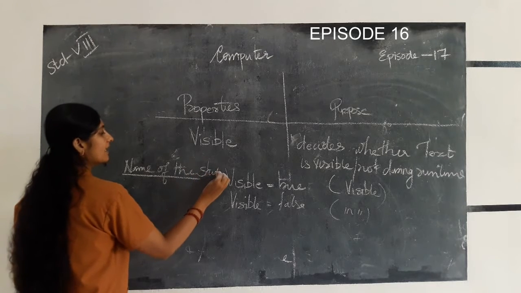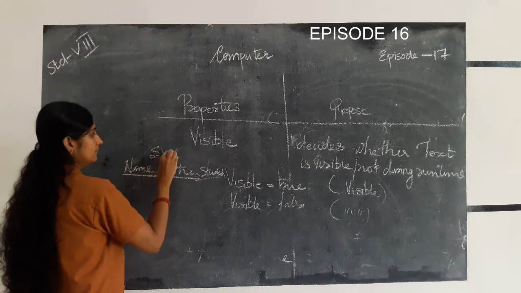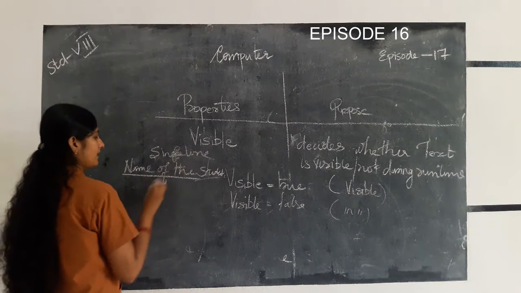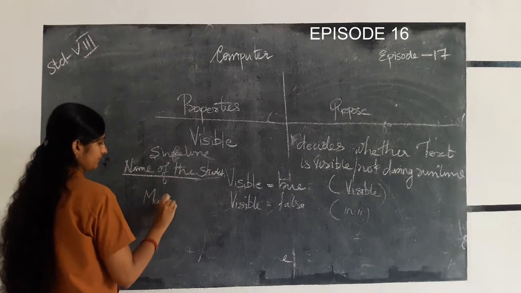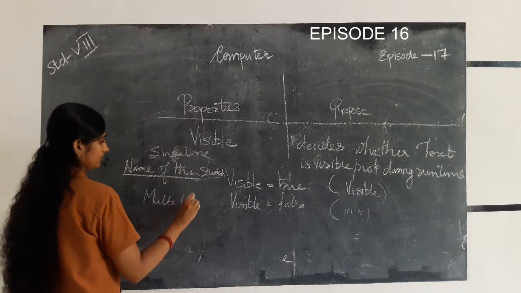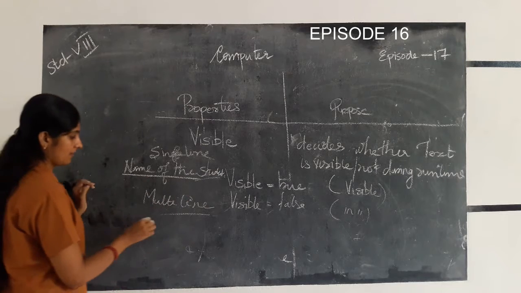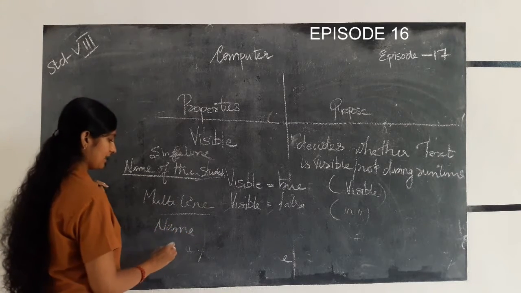This is a single line text. Then next is multi-line text. Multi-line means name, age,